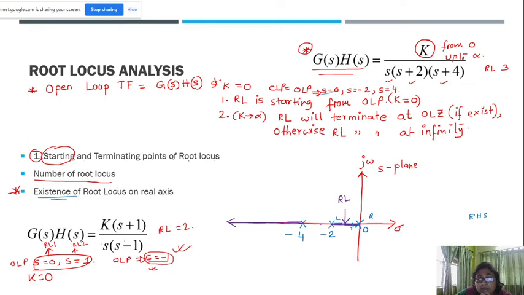জিরো পোলের টেস্ট কেসের ক্ষেত্রে কী হলো ব্যাপারটা? জিরো পোলের ক্ষেত্রে তুমি এখানে যদি টেস্ট পয়েন্ট নাও তাহলে তো তোমার ডান দিকে কোনো পোল নেই, সুতরাং তোমার এখানে নেওয়ার কোনো প্রশ্নই নেই। তো এবার জিরো তাহলে তোমাকে প্রথম যে টেস্ট পয়েন্টটা তুমি নিতে পারো সেটা এখানে হতে পারে, মানে 0 থেকে -2 এর মধ্যে যে কোনো কোথাও একটা নিতে পারো। নিলে তার ডান দিকে কটা পোল আছে? একটা পোল, মানে ইভেন না অড? অড, রুট লোকাস থাকবে। আন্ডারস্টুড? ওকে ওকে, সো this we done for K by s into s plus 2 into s plus 4.